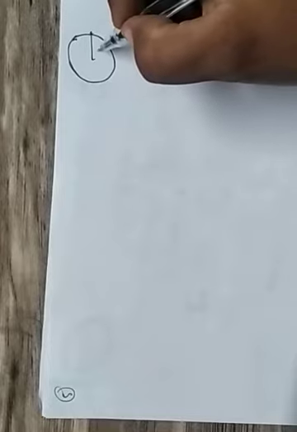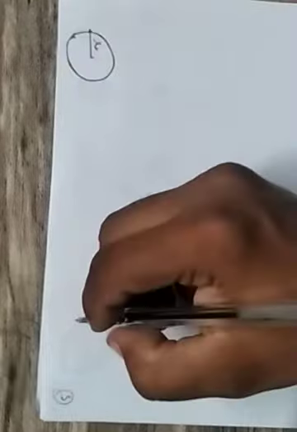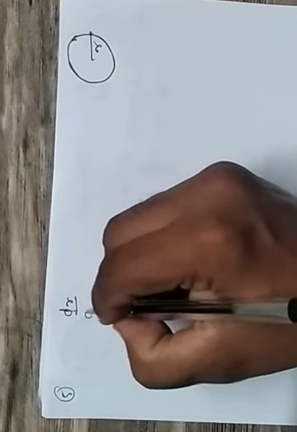Question number 5. A stone is dropped into the quiet lake and waves move in the circle at the rate of 5 centimeter per second. At the instant when the radius of circular wave is 8 centimeter, how fast is the enclosed area increasing? So student, again we are discussing about one circle, and we know that in the case of rate of change of circle, area is directly proportional to radius.